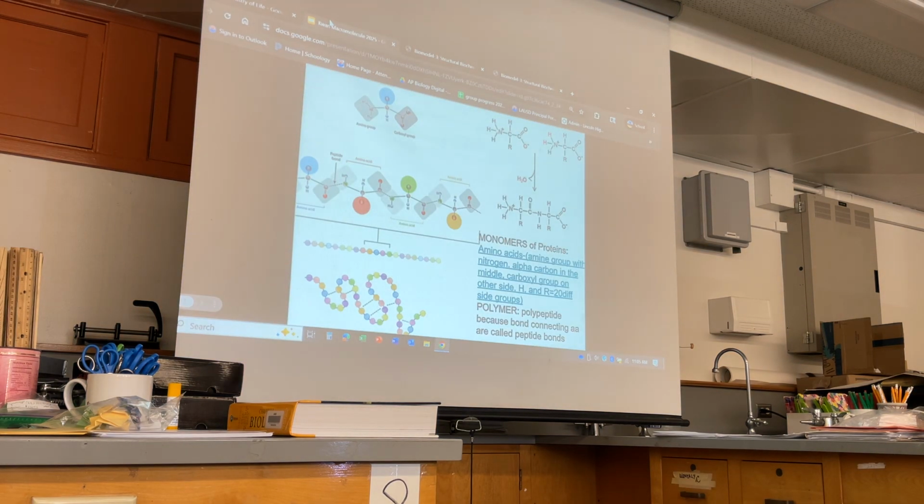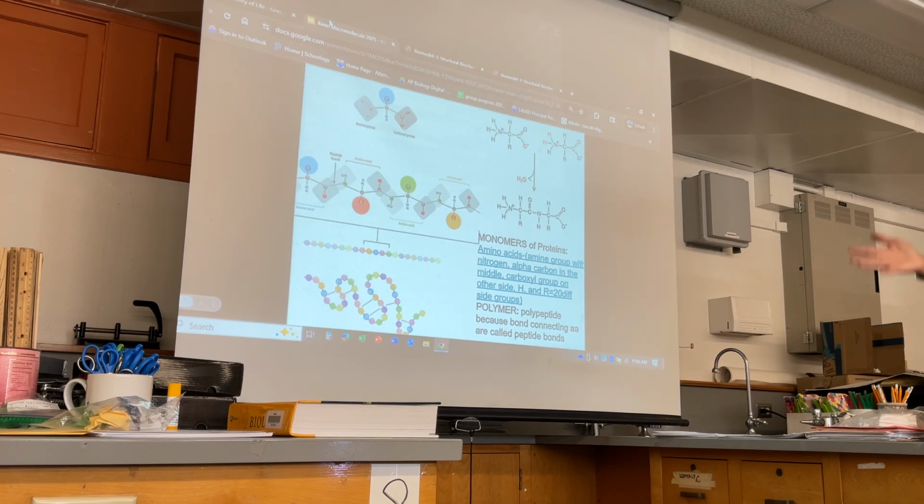So I threw in... Do you guys have another slide where it looks like this? If you click the link, did it look like a polypeptide chain? Valeria, can I see? Oh, the link? Yeah. If you have this link, it looks like a chain of polypeptides. I took that one from your book. If you look on the electronic copy of your book, you have animations, and I thought that one was